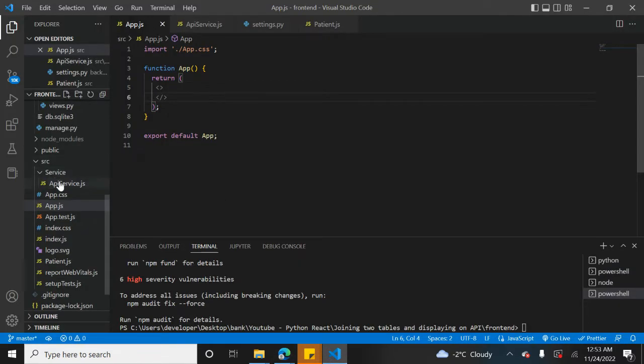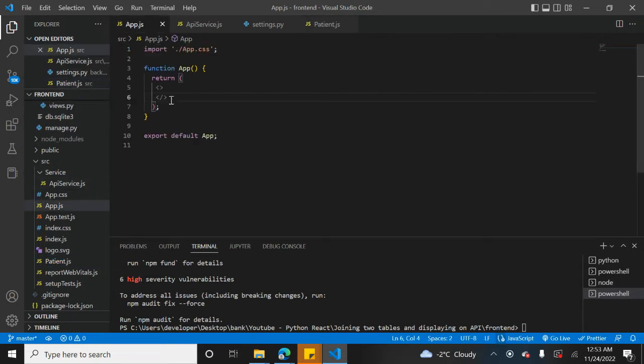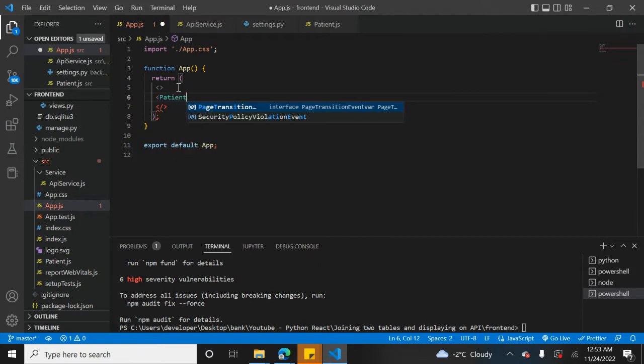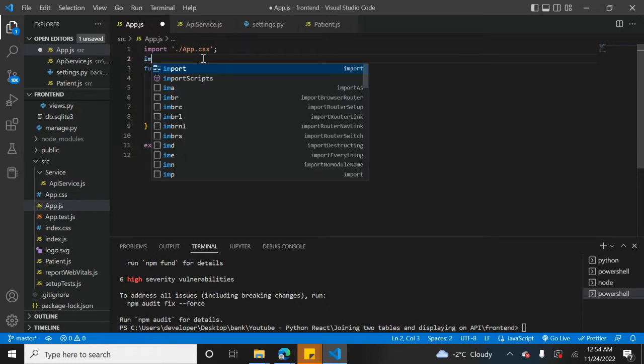The next thing I did was create a service folder, and inside the service folder I also added this API service.js file. The other thing I did was add this patient.js component. So inside app.js I'm going to call this patient component, because React.js is built in a modular structure, where multiple components create a React app. So import,